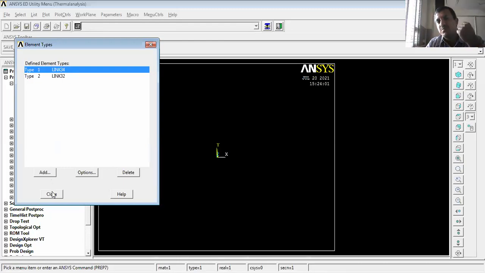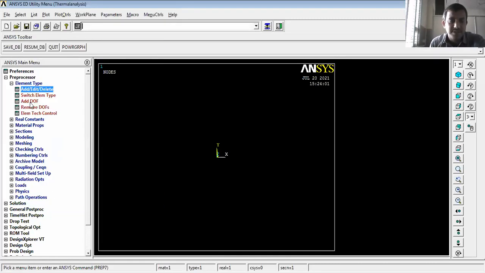We have in this composite wall two modes of heat transfer taking place. One is convection from the inside air to the first wall, then conduction, and the last one is from the wall to the air, convection. Two modes of heat transfer take place here. Then close the dialog box. Yes, any doubts?